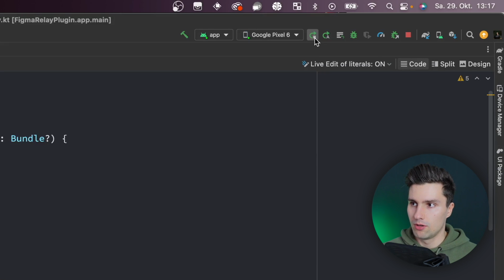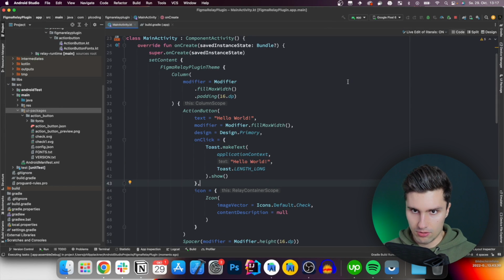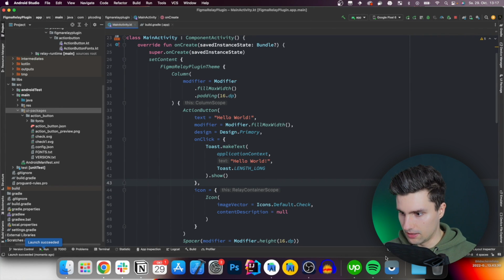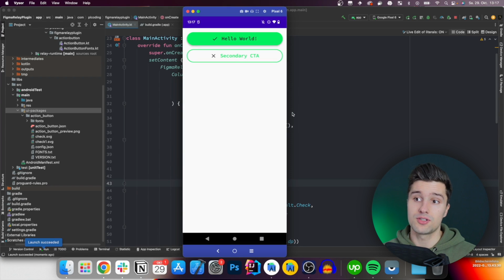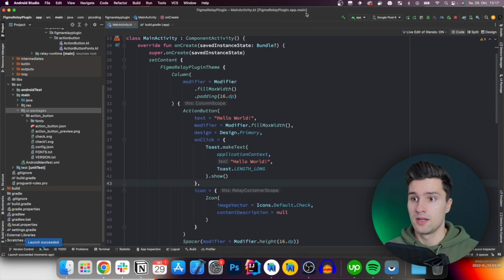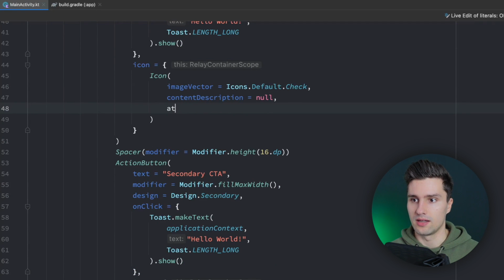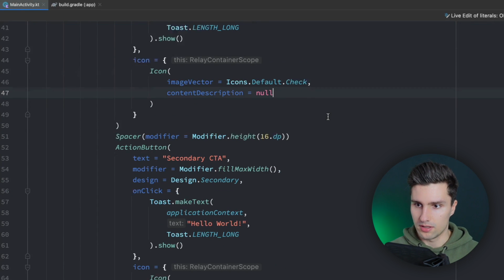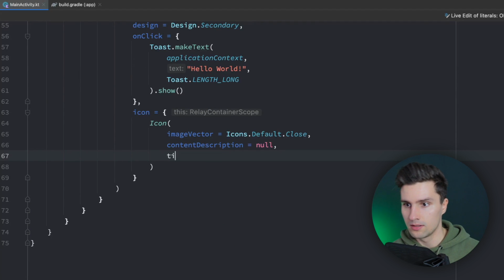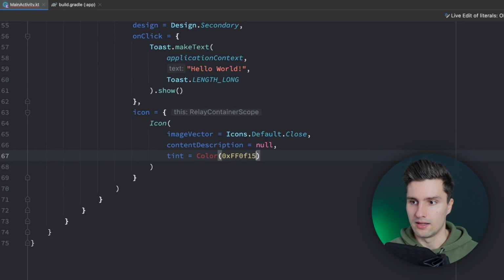So if we now launch this and hopefully don't get any errors, then take a look here in our app. It looks just as we want. Of course, our icon here is in the wrong color. As I said, since we dynamically set that content, we need to also add a tint to that icon. So we can say, actually not that one, the other one. Here we want to add tint, and here we just add the same color as we did in our Figma design,